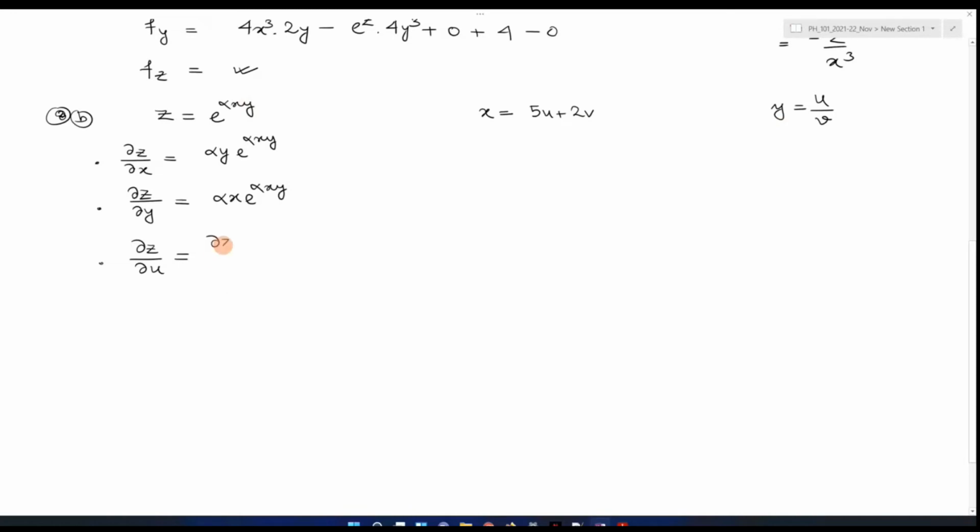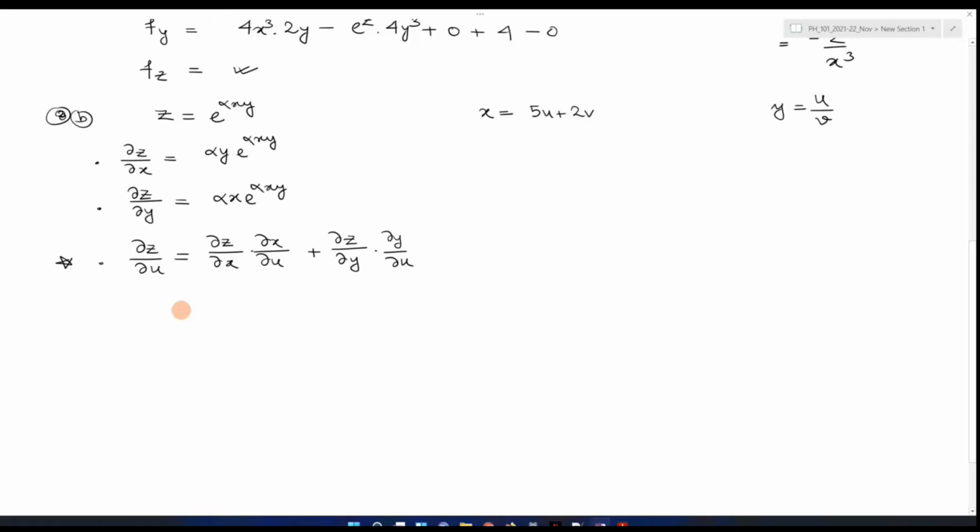So we will be writing z is function of x. So let us write del z by del x into del x by del u, because if you cancel them, it will become del z by del u, right? But z is also function of y, so that's why we have to take care of that part also. Del z by del y. So this will be now del y by del u. Okay, please check if this line is correct or not.